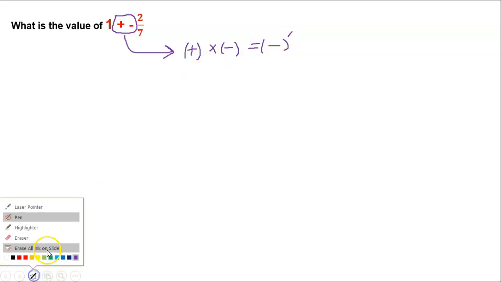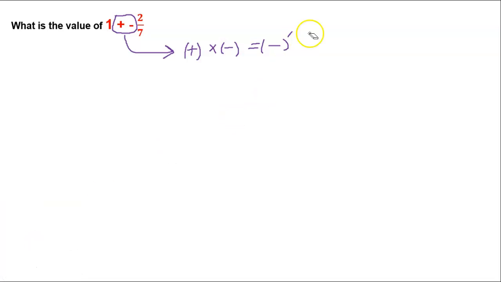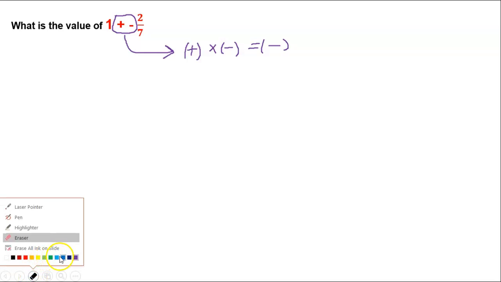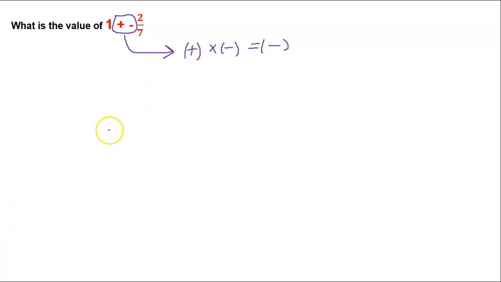Now since a positive multiplied by a negative is equal to a negative, it follows that 1 plus negative 2 over 7 is the same as